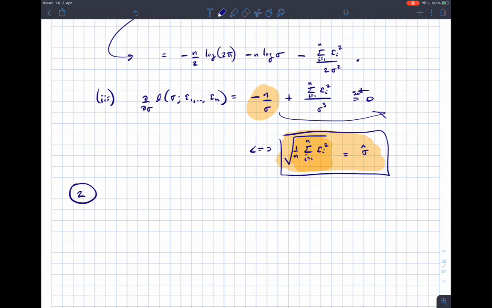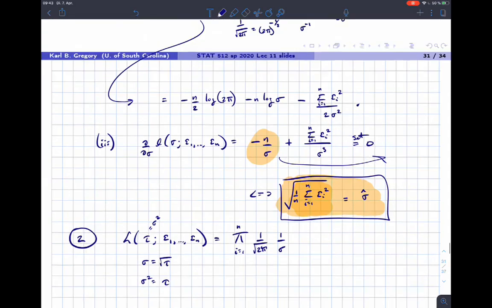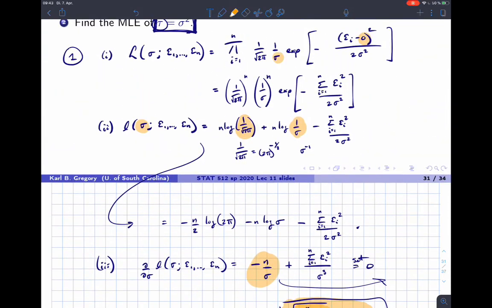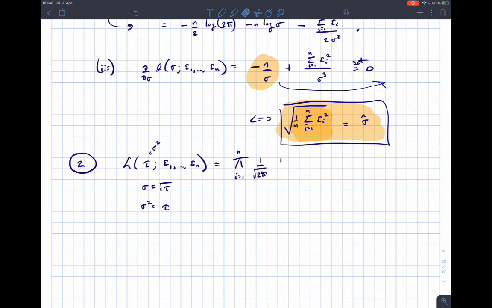So now what I'd like to do is write down the likelihood in terms of this tau, which is sigma squared, epsilon 1, epsilon n. Whenever there was a sigma, I'm going to put root tau, and wherever there was a sigma squared, I would put tau. So I've got the product, 1 over root 2 pi, and I would have written 1 over sigma, like here, but now I'm doing this in terms of my new parameters. So this is square root of tau,